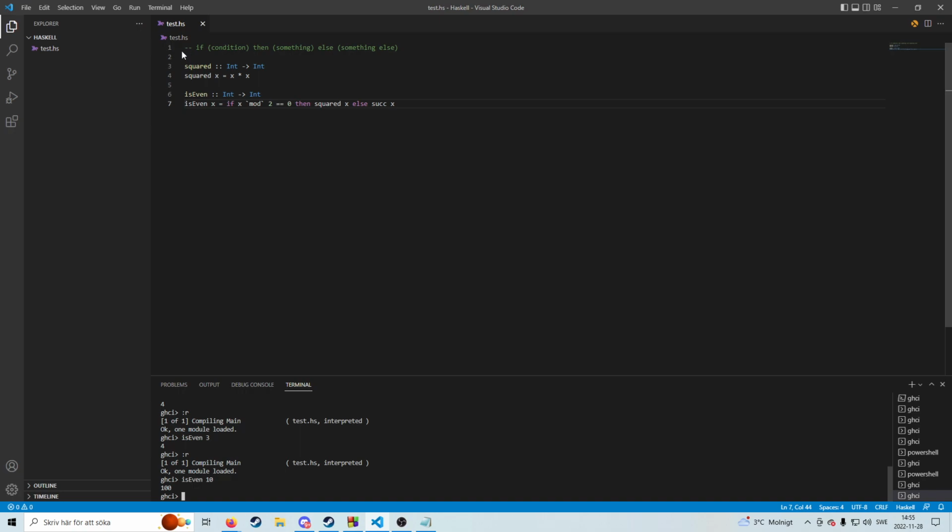So yeah, that's basically the introduction to if-then-else statements in Haskell. And we'll be diving into more depth on this in the future. But yeah,